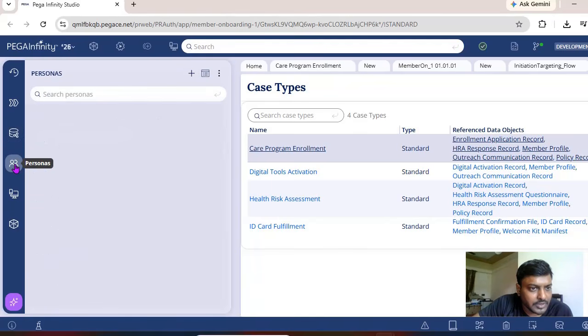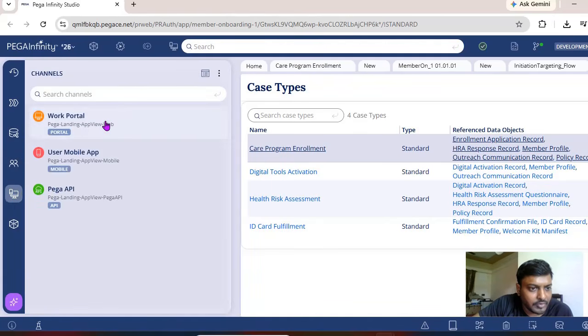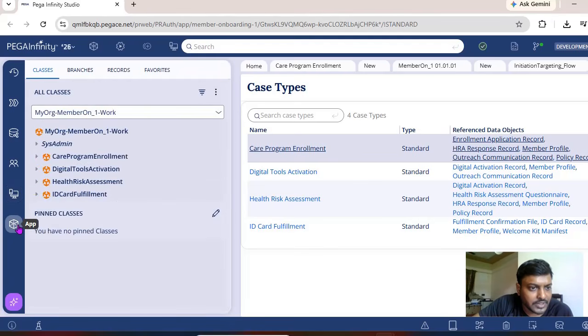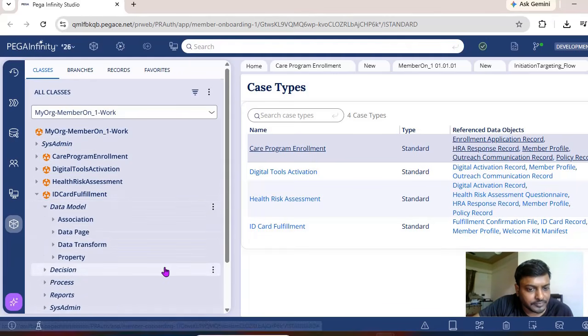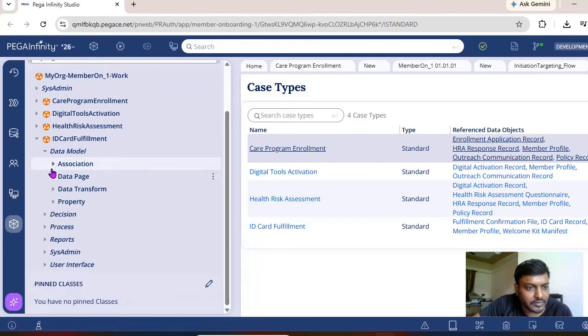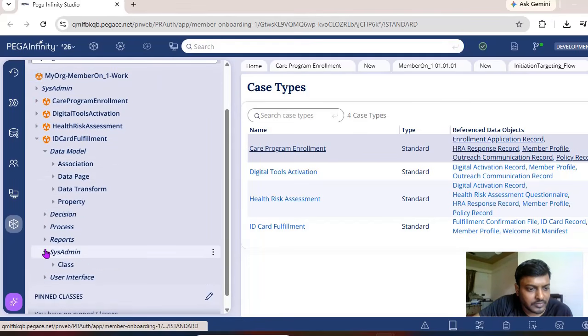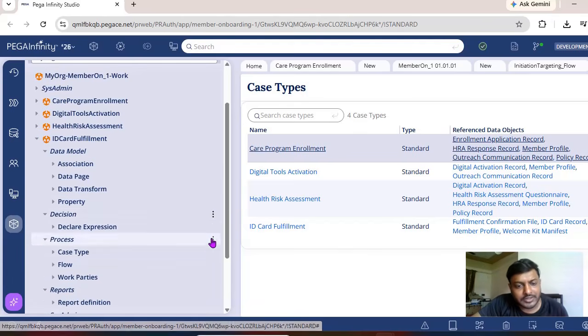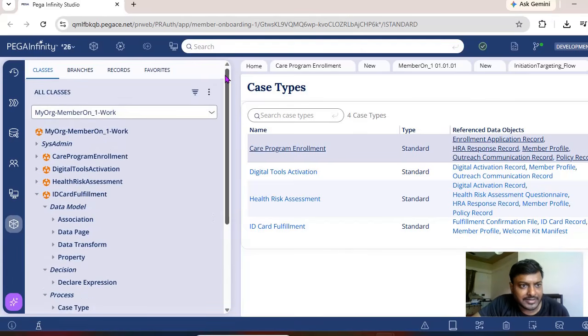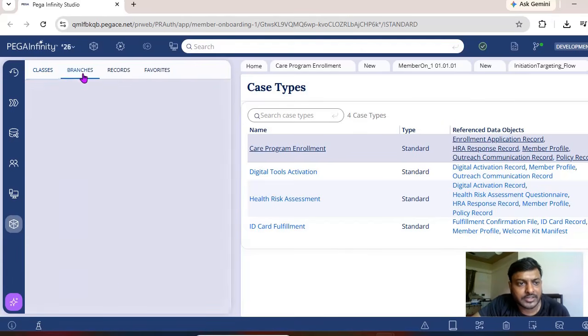And these are personas, these are the channels that we have: workflow portal, mobile API, Pega API. Next, this is the application. So this is the class structure we used to have. So this is about the latest Infinity Studio, and you can see branches,